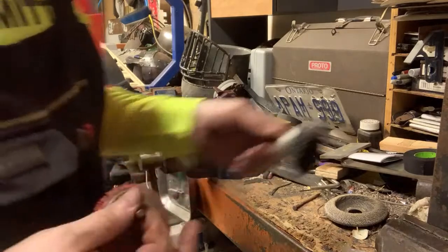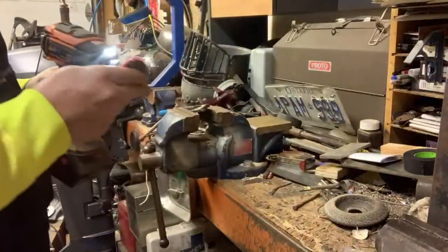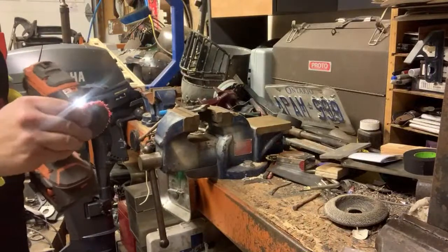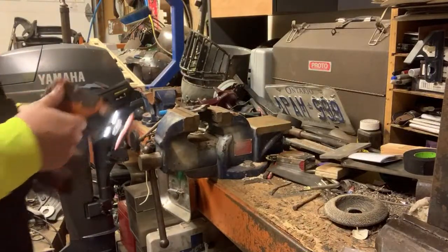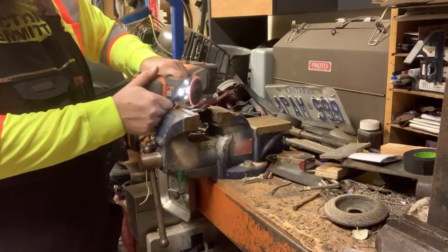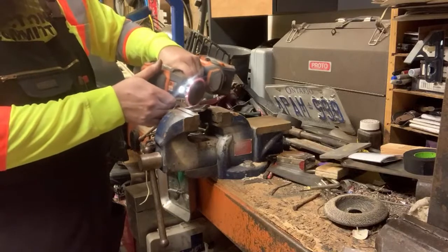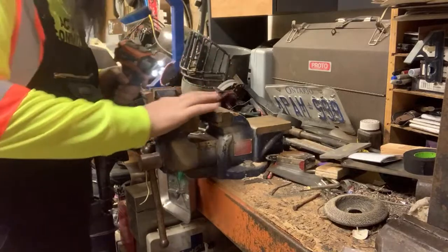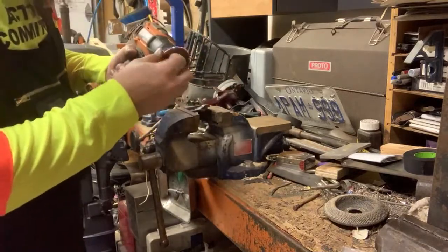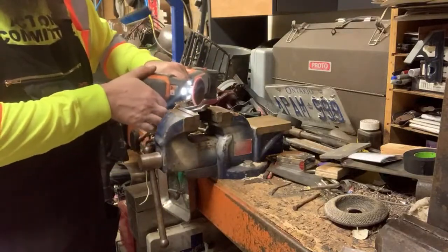You know what? This might be okay. I need to buy a new one of these. I've had this one for way too long. It'll take off the steel a little bit, maybe a little more than I want, but